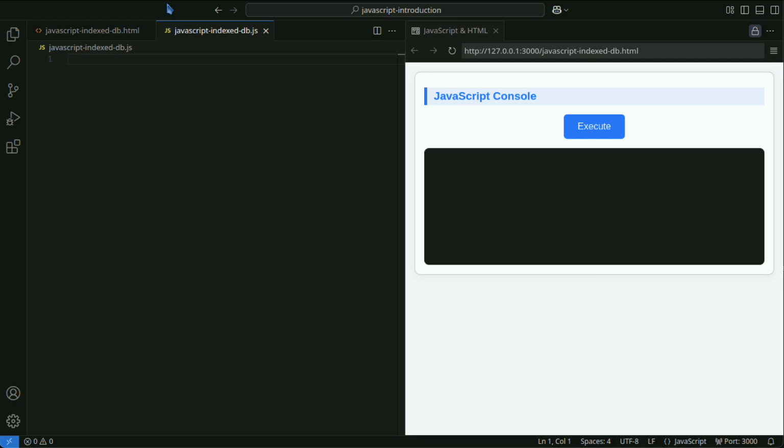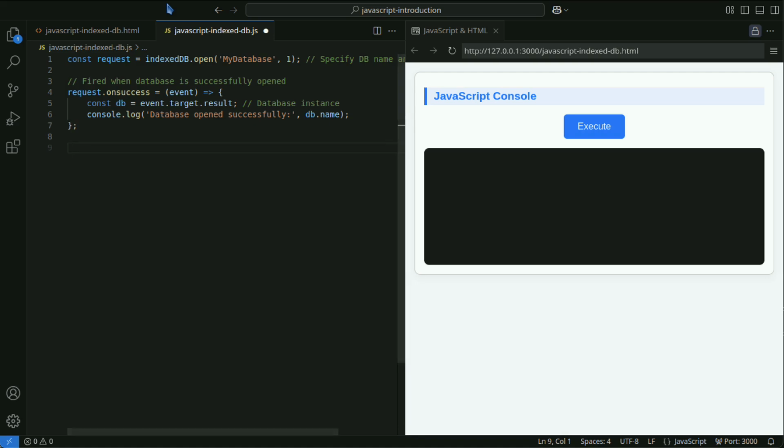To use IndexedDB, you must first open a database. If it does not exist, it is created automatically. The open method opens the database asynchronously and triggers the following three events. The onsuccess event is triggered when the database opens successfully. Subsequent operations should be performed using request.result, which becomes available at this point.